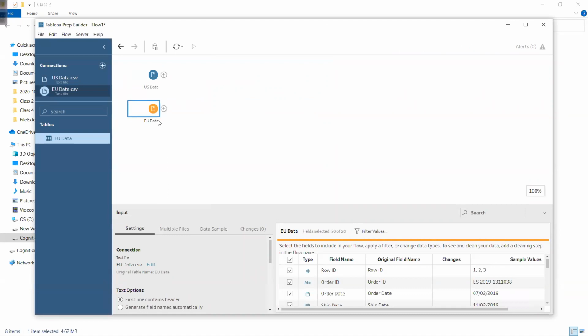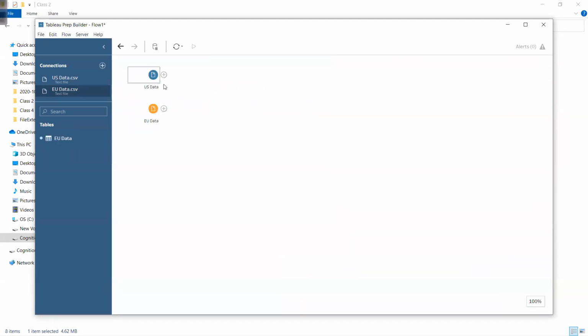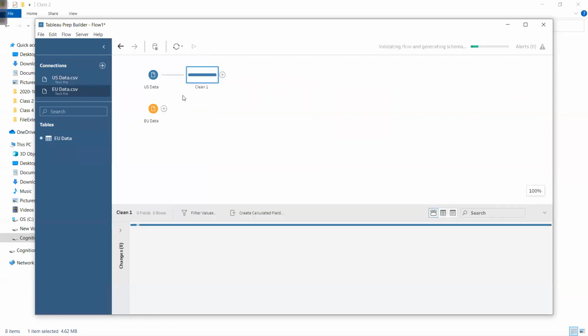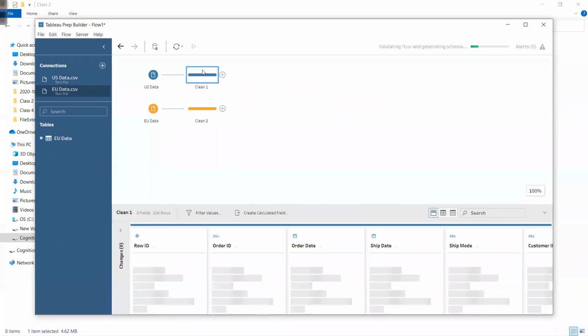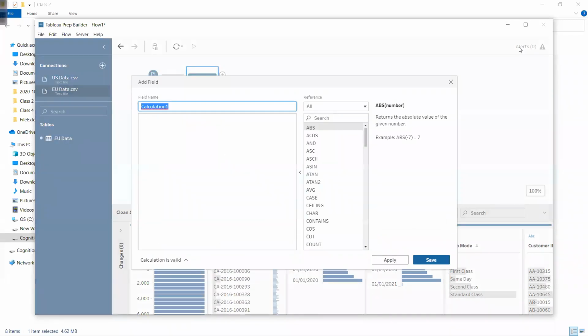So I have US data and EU data, but this time I am not going to do union first. In fact, I will do a clean step first. In the clean step, I will create a calculation. Here, I don't have to write if else logic. I just have to write region segregation. I copy this name because I want the same name at the time of union also.